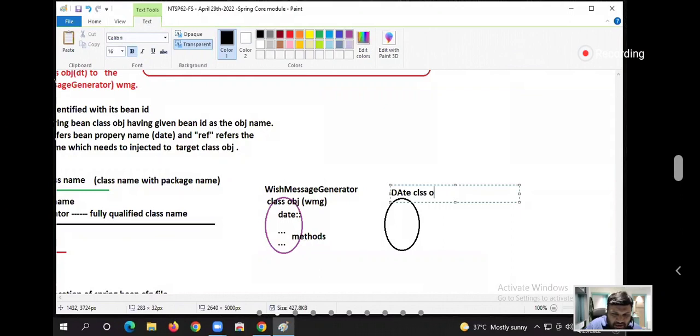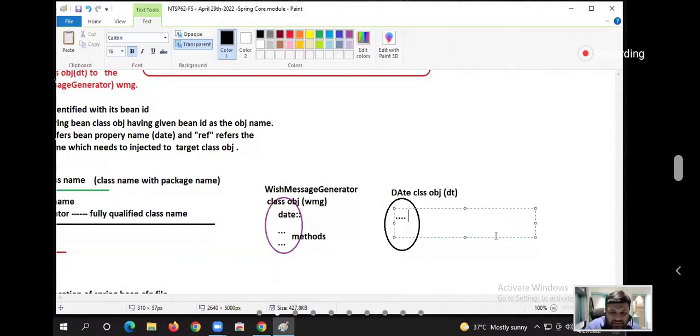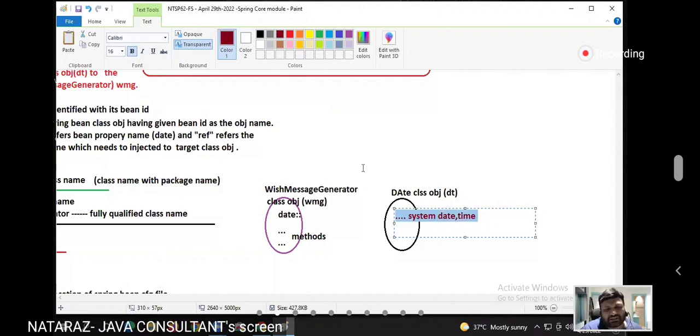Date class object. What is the name, guys? dt. Only dt. Whenever a Date class object is created with the zero-param constructor, it holds the system date and time or not? It will definitely hold the system date and time.